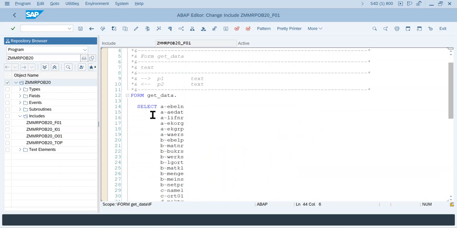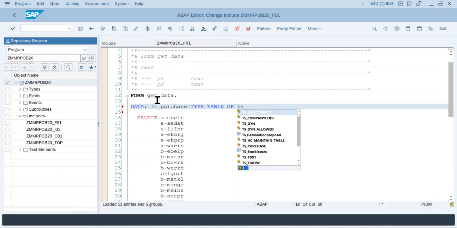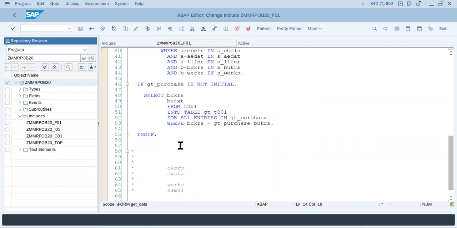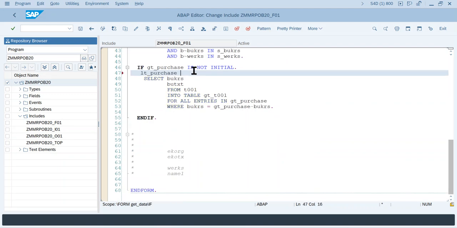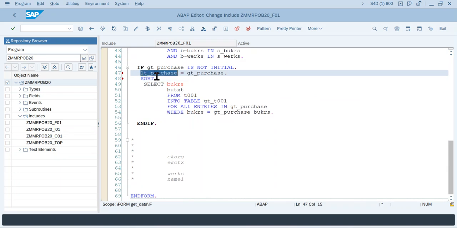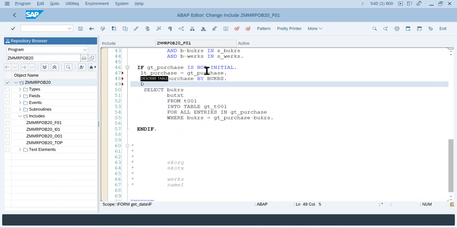So let's declare a local internal table, data lt_purchase, type table of ts_purchase. Then what we can do is move the data from here. And what is the prerequisite for delete adjacent duplicates? Sort lt_purchase by bukrs. If you have forgotten, please go back and revise. I know you don't remember. Delete